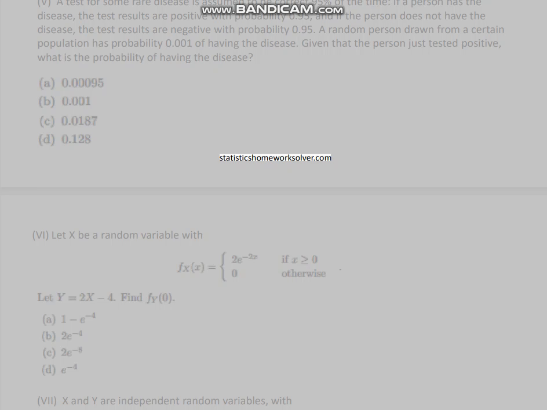6. Let X be a random variable with 7. X and Y are independent random variables with